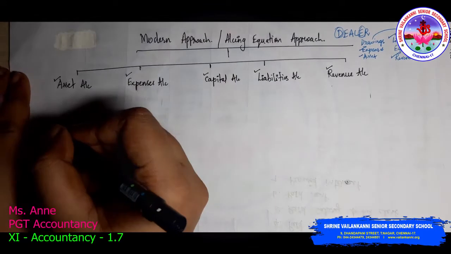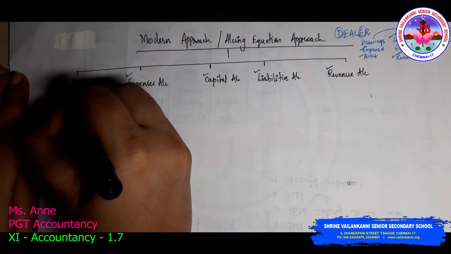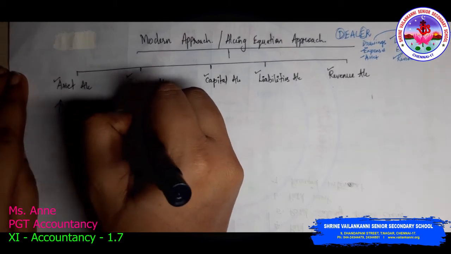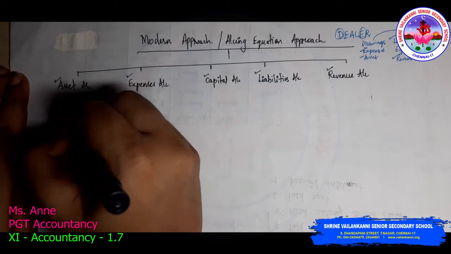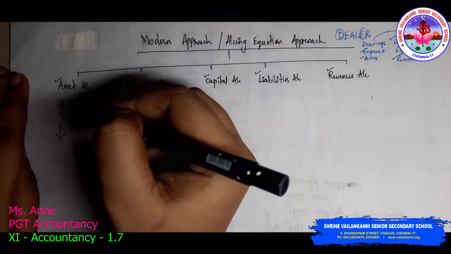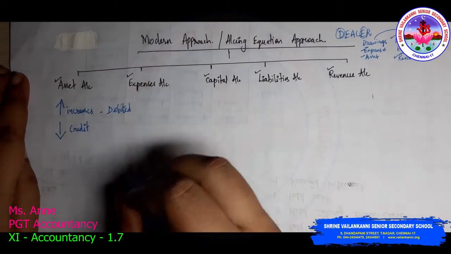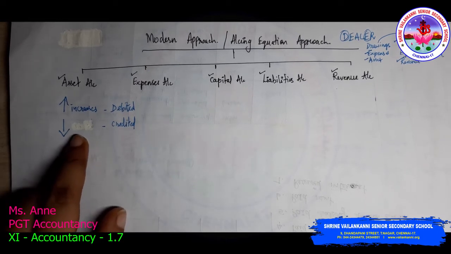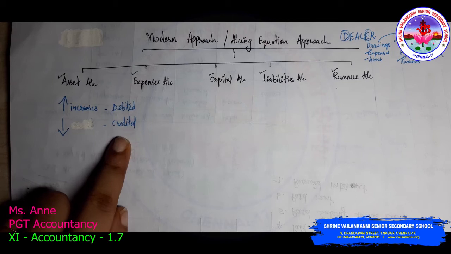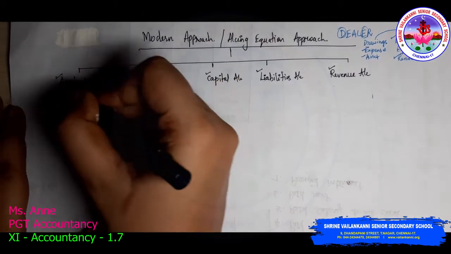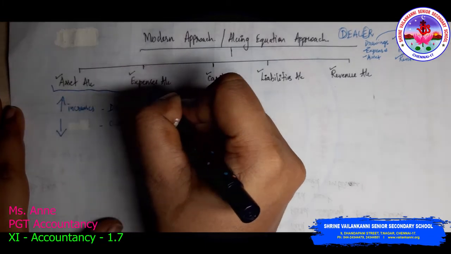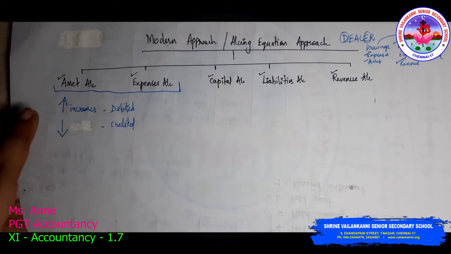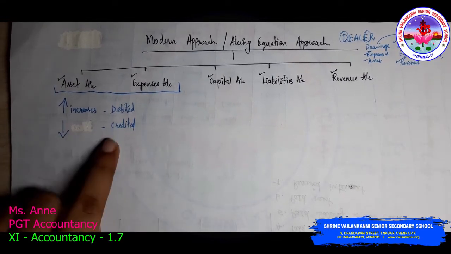So we are going to learn one simple thing. If asset increases, it needs to be debited. If asset decreases, it needs to be credited. I just made a mistake here, just write decreases. If it is decreasing, then credited. Then moving forward to expenses, the same logic applies. If asset increases or expenses increases, you need to debit it. If asset decreases or expenses decreases, you need to credit it.